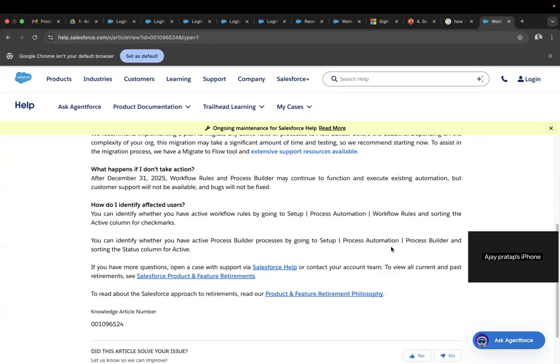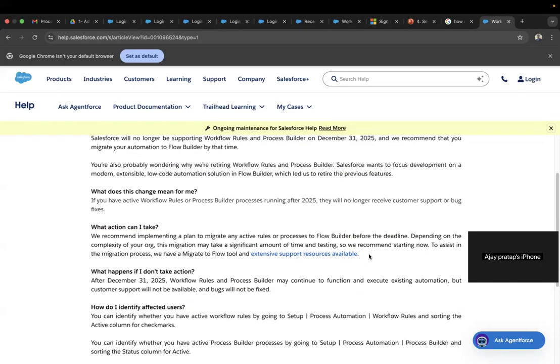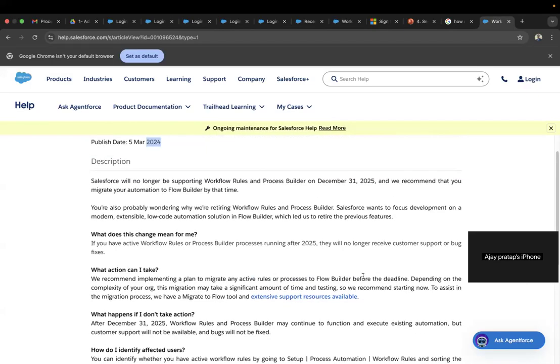And if you are still looking to achieve whatever functionality you have with workflow rules and process builders, we recommend you to migrate it to Lightning flows. Okay, rather than workflows or process builder, migrate it to Lightning flows. So this is Salesforce's recommendation. If you are not doing it,